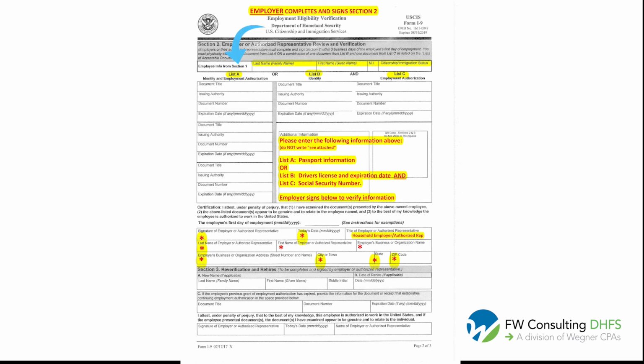You will either list one document in list A, or you will list one document in list B and one document in list C. For example, if you choose to list a passport, you would only need to list one item in column A. In column A, you would need to list the document title, issuing authority, document number, and